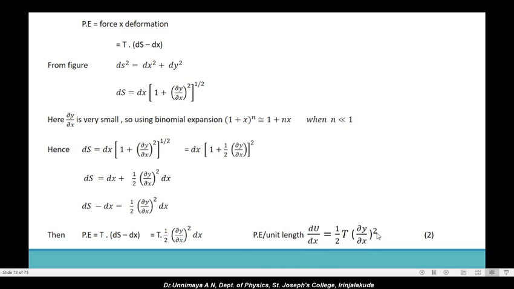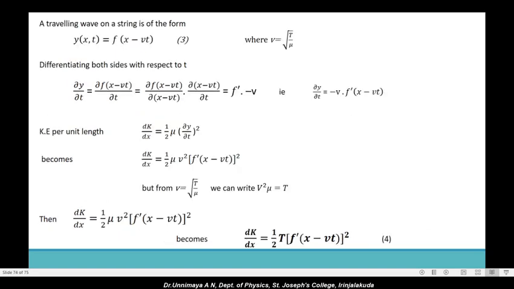And we know that in this stretched string we have progressive waves, and we know the general expression for a progressive wave, that is y of x comma t is equal to f of x minus vt. From that we find out dou y by dou t. Dou y by dou t is minus v f prime of x minus vt. Substitute this dou y by dou t in this expression for kinetic energy per unit length. Then we end up with dk by dx is equal to half mu v square f prime of x minus vt